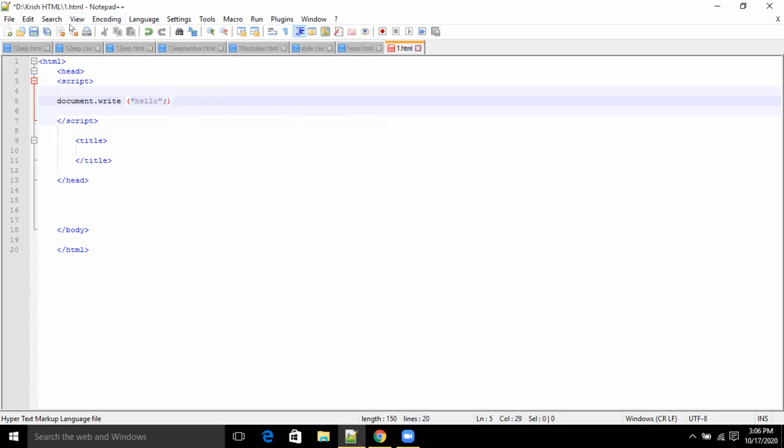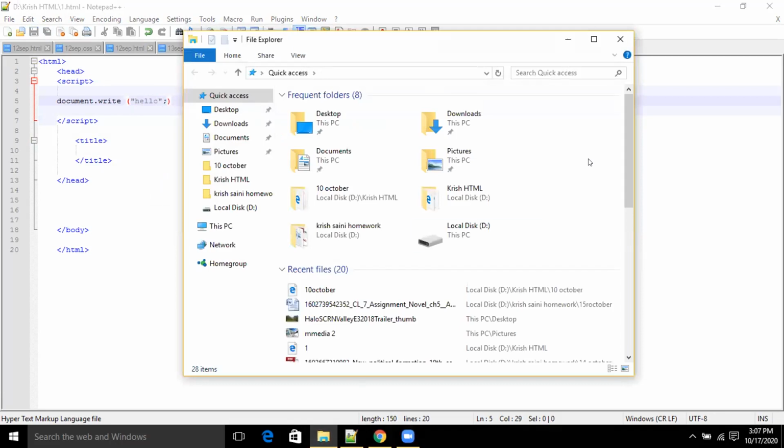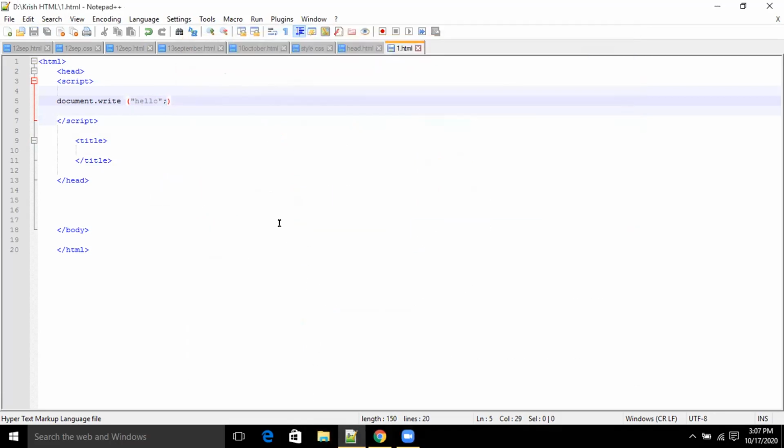Can you save this particular file as an HTML? Let's save this file as an HTML. The semicolon will be after the bracket.